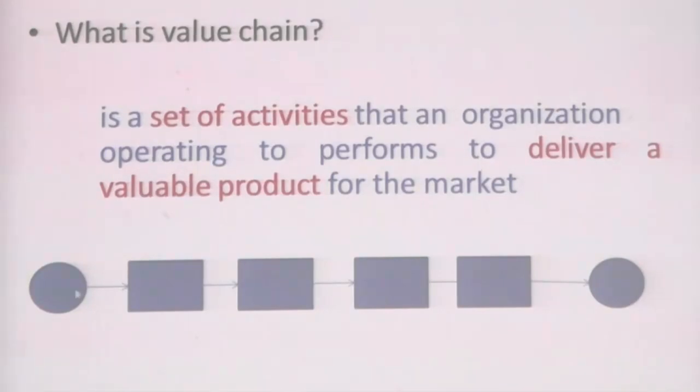So this is the start. There will be so many activities that deliver a valuable product ultimately. So in order to deliver this valuable product, there will be so many activities. It's like a chain. It's a value chain, adding value with each and every activity, and ultimately the product will be developed. In a car manufacturing company, from start to the end, there will be a chain of activities,